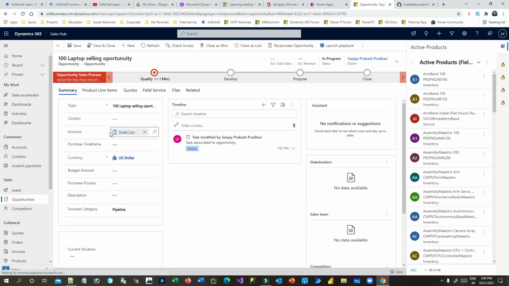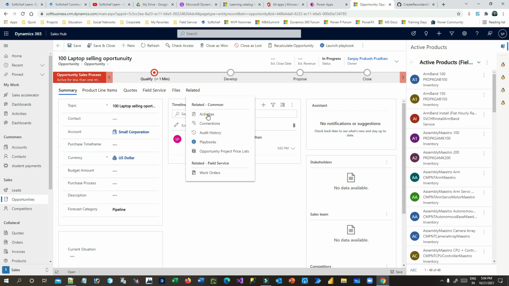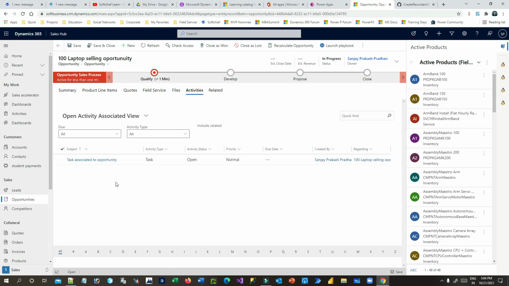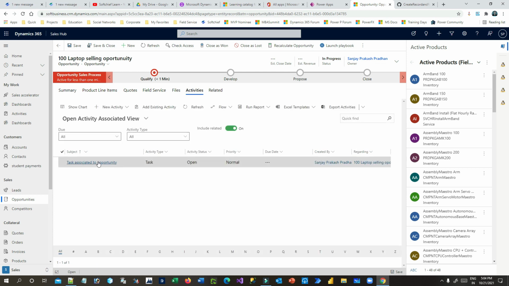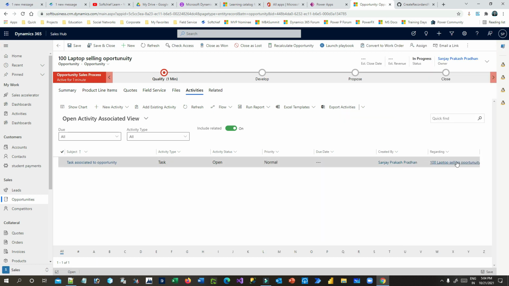Here you can see the account association, and if I go to related tasks or activities, you will see a task activity is created, right, whose name is task associated with the opportunity, and this is the regarding. So this way you can easily create entity records and related entity records also, right?